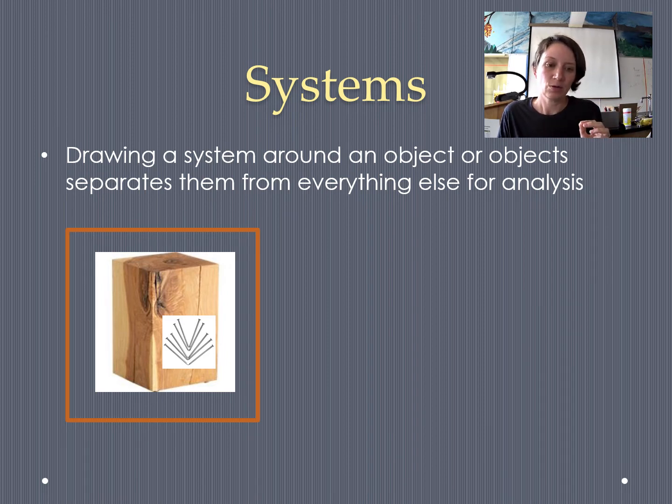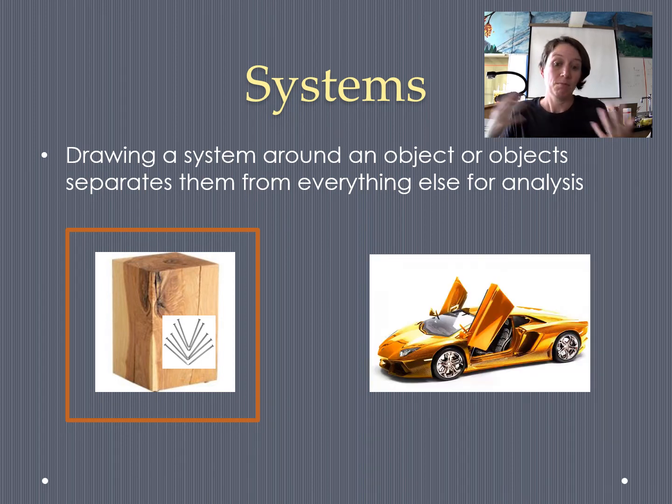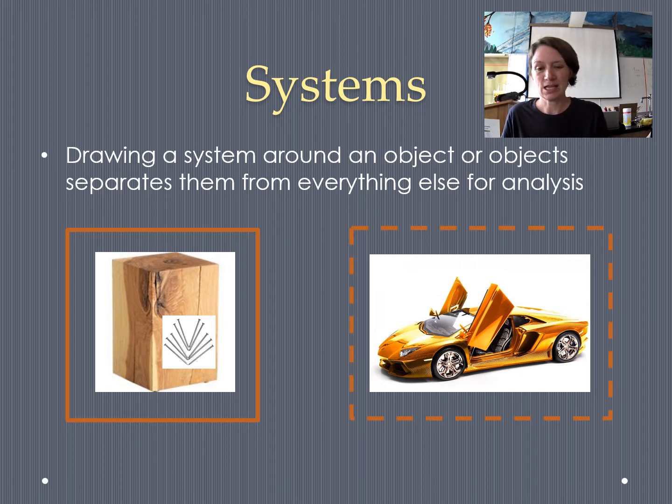But so if I was interested in analyzing this block of wood and those nails, I could show that I'm including it in a system by putting a box around it. Maybe my system is more complicated, like this entire car and all of the stuff that is in that. I can make that car into a system and separate it from the road and from the drivers and from everything else by drawing a box around it as well. You'll notice I use dashed lines in that second box. That's a different kind of system that we're going to be going into the details in just a slide or